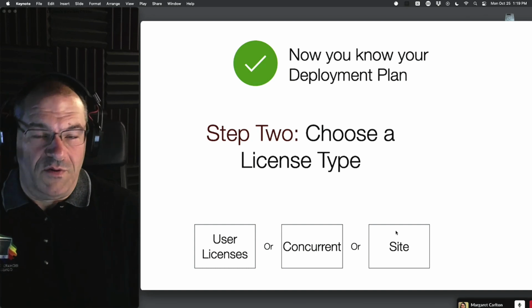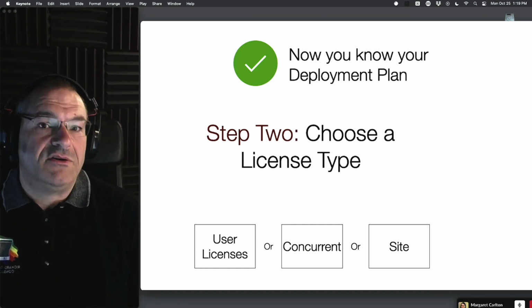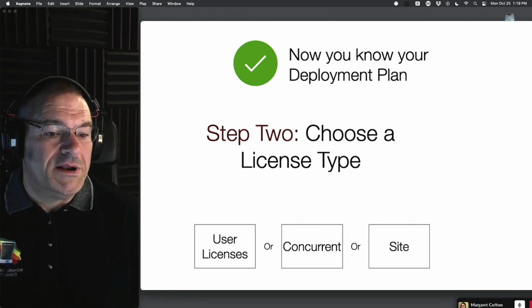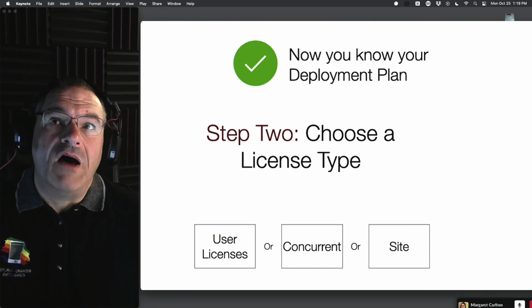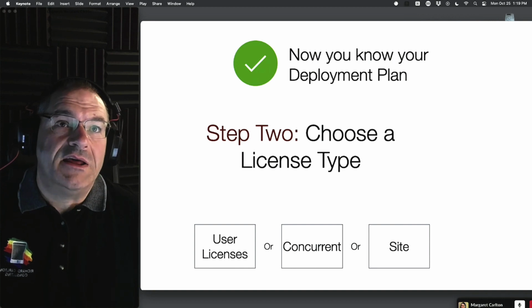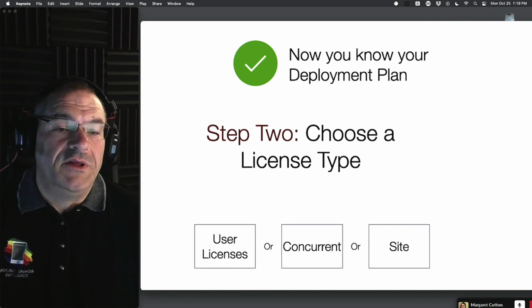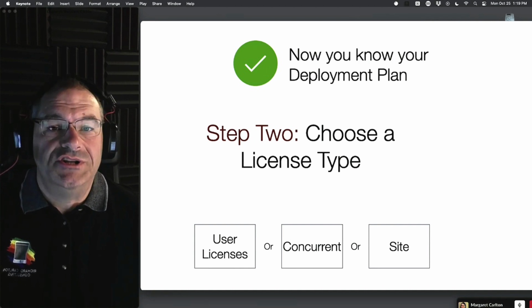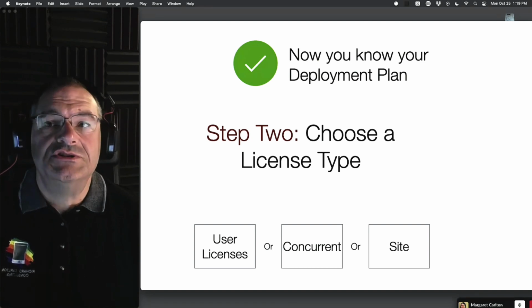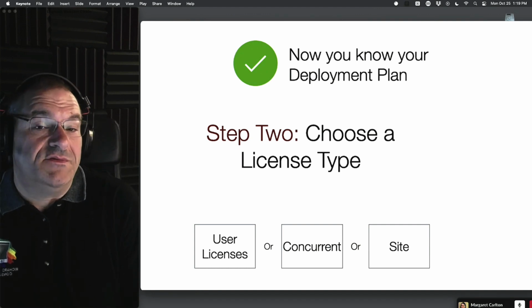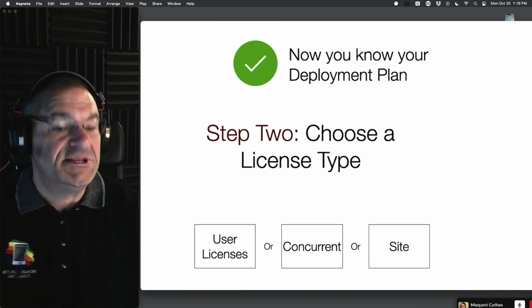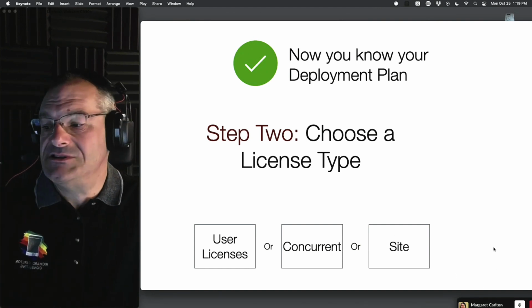Site license means everyone in the company uses it, even the janitor. Claris has been very militant about what a site license looks like. I had a customer who had offices out in the middle of Nevada, Las Vegas, and they had some people literally out in the desert digging dirt and ditches, and they made them buy the license too. So when they mean site license, they mean every last person who's in the company, even if they're never going to use FileMaker. It means the whole site, everyone is licensed to use it.